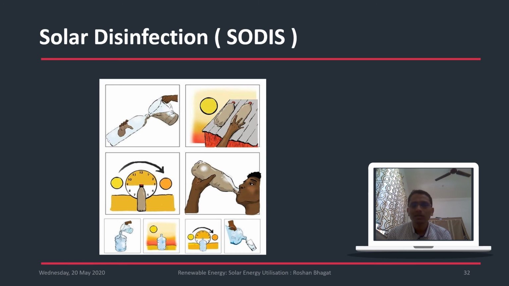Now next thing is solar disinfection. What is called solar disinfection? Just like at our home we purify the water, or we boil the water so as to have disinfection, a similar kind of thing can be done with the help of solar energy also, provided that we have polyethylene terephthalate bottles, also called PET bottles. One thing has to be remembered is that PET bottles are different from the conventional bottles which you see in the market. These are more specifically suited for disinfection.